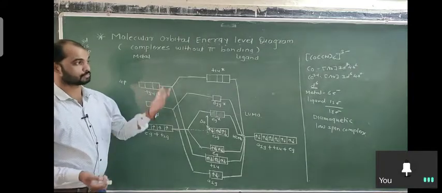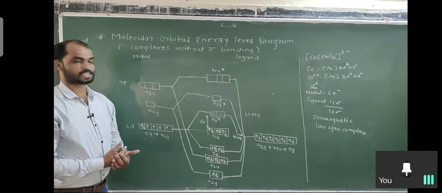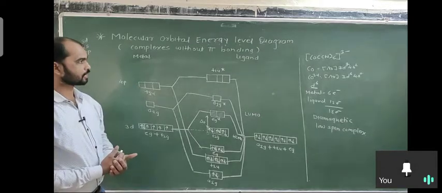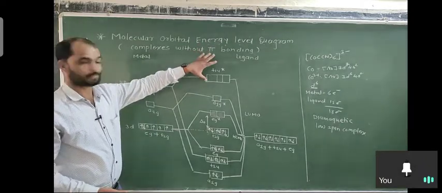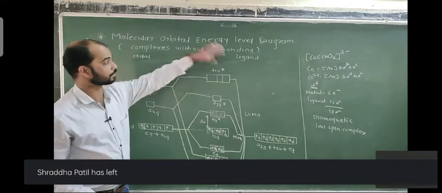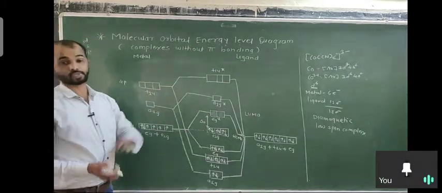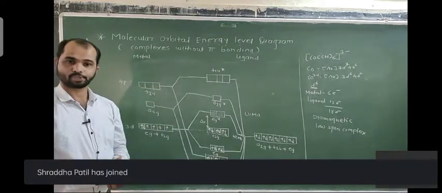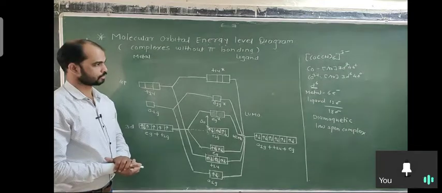I also explained 2-3 complexes. So the remaining complexes you try. In the next lecture we are going to solve the complexes which have pi bonding. Here we discussed it without pi bonding. In the next lecture we are going to discuss with pi bonding. So how do we explain the complexes? There are only some complexes which show pi bonding between the metal and ligand. We're going to discuss it in the next lecture. So we stop here today.